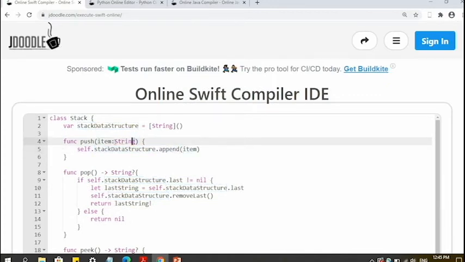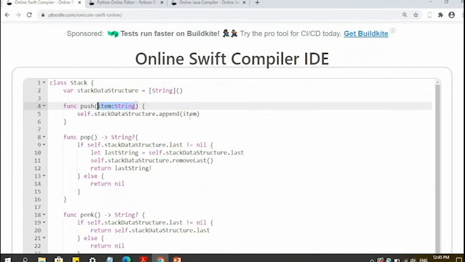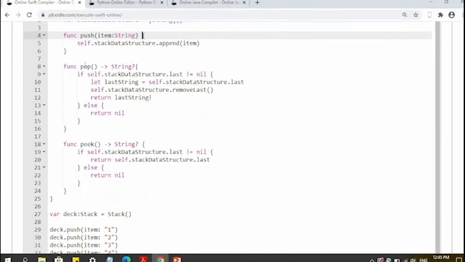This syntax is also very similar to Angular. The string item is appended at the last of the stack. So this is the push function. The pop function returns a string, and this is an optional return. It can return a value, and if there is no value, it will not. The question mark is for optional types, as we know from other languages.